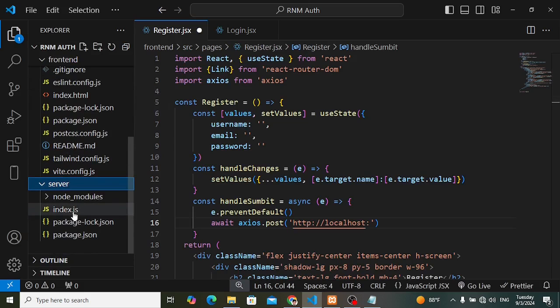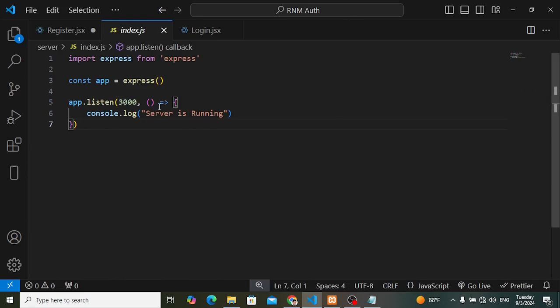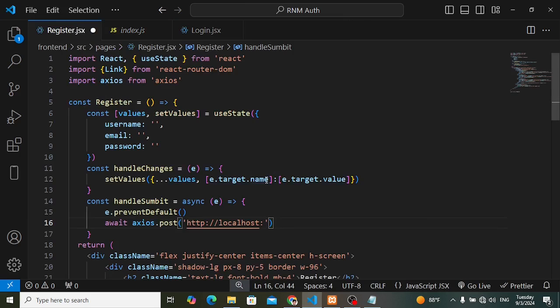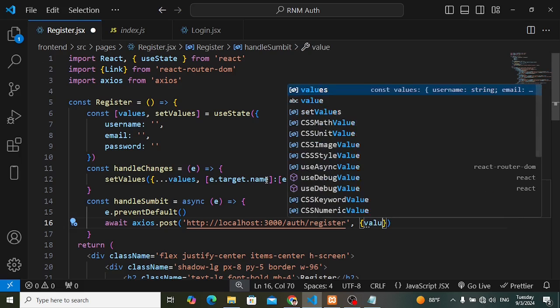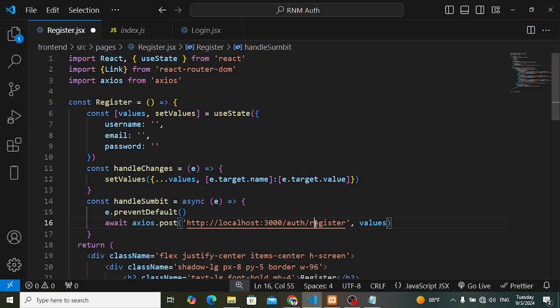Come here to the index.js. Here you can see, look at 3000. This is the port number. So I will write 3000. Then I will move to a route. Right now we don't have routes, but later I will create these routes, auth/register, and I will pass values to that. So after passing these values,